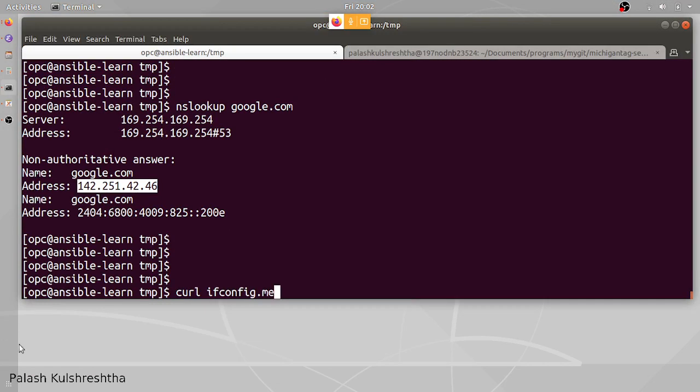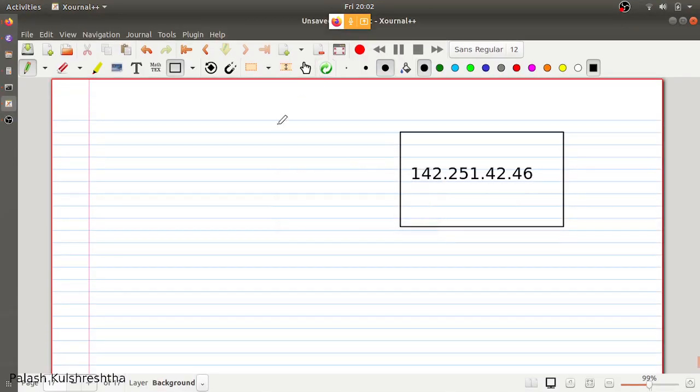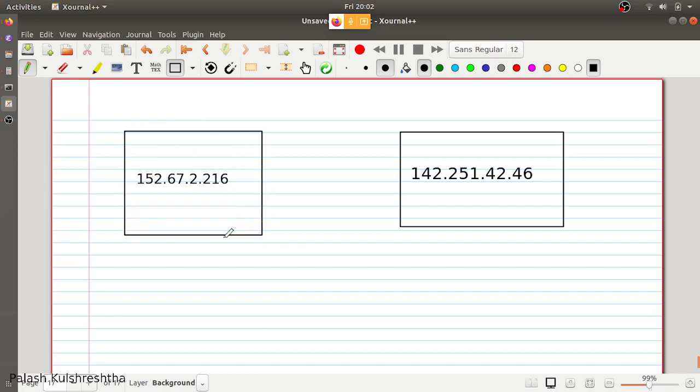This ifconfig.me is a website which, if you call it with a curl command, is going to give you your IP address. So it gives me my IP address as this. I'm going to copy it here and denote it as my IP address. This is my server, and this is google.com.